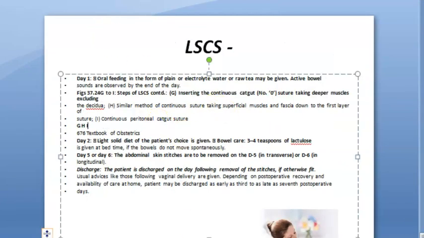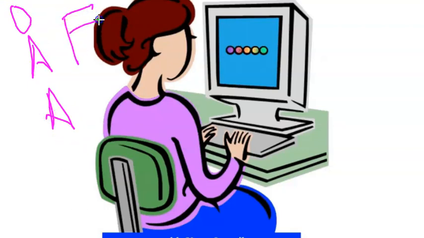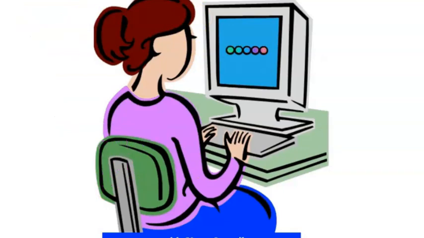Now coming to day 1, day 2, day 3 and so on. Let's look at day 1. Day 0 is over, guys. Can you recap day 0? On day 0 you gave her a lot of antibiotics, oxytocics, analgesics, fluids. Then you told her to move her leg, and then she can go to empty her bladder and then breastfeed, right? Basically, you want to avoid what? Deep vein thrombosis, pulmonary embolism, etc.